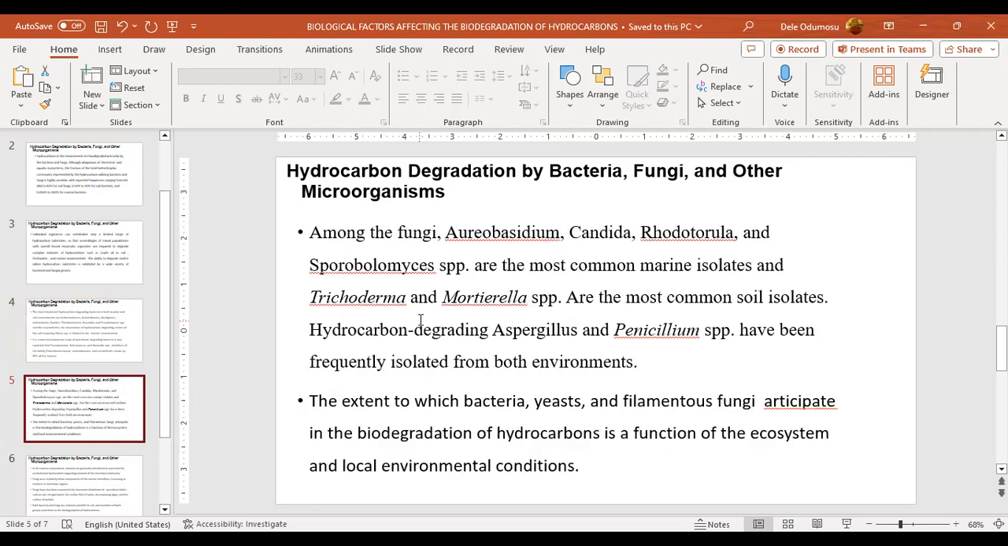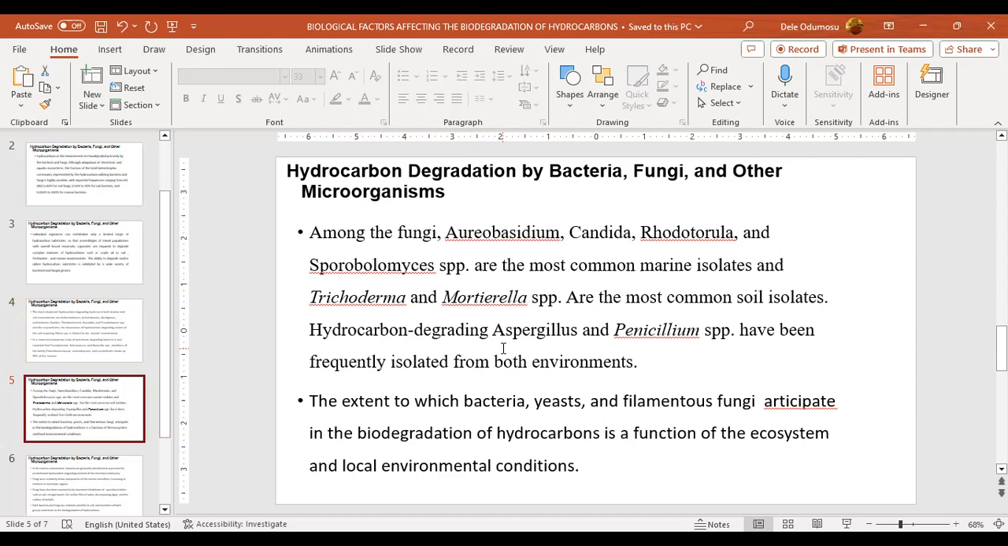So among the fungi, we have Aureobasidium, Candida, Rhodotorula, and Urobolomyces. They are the most common marine fungi that are involved in hydrocarbon degradation. We also have Trichoderma and Mortierella, which are common soil fungi that are involved. Also, we have Aspergillus and Penicillium. They have been frequently isolated from